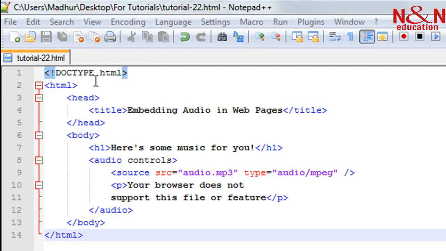On line number 1 I have the doc type declaration, and then between the opening and closing HTML tags on lines 2 and 14 respectively, I have the head section and the body section. And the head section has the title tags and the title of the web pages, embedding audio in web pages. And then inside the body section I have the heading of the page first. On line number 7 I've used the opening and closing h1 tags, and the text that's enclosed is "here's some